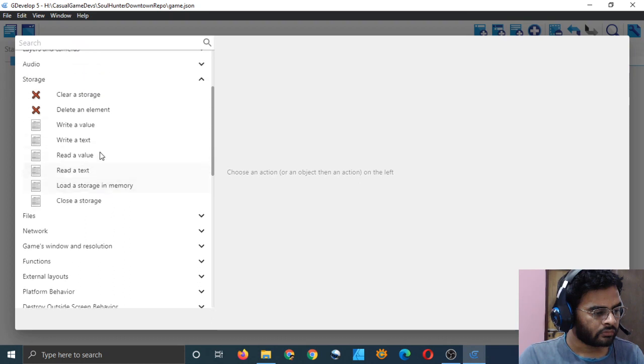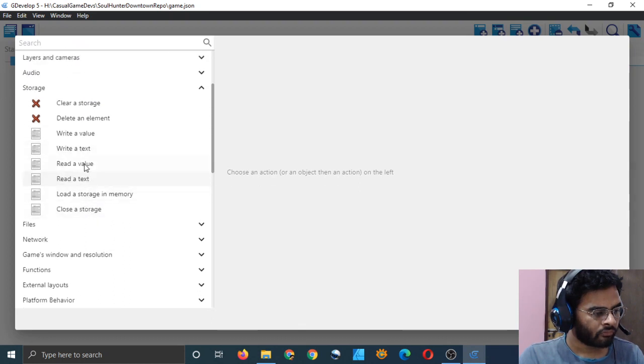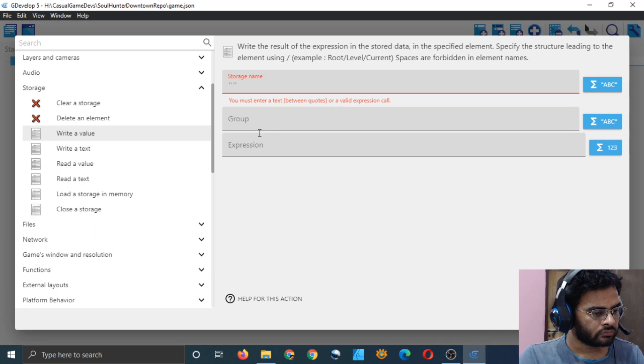I will write a value. Write the result of the expression in the stored data in the specified element. Specify the structure leading to the element. Example, root level current. Spaces are forbidden in element names. So storage name. I believe this is the name of the file in which our data will be stored. So let's type something, I don't know, soul hunter save file,